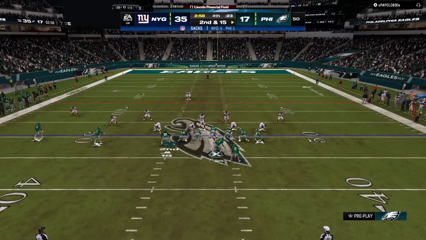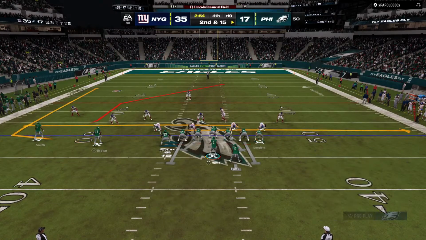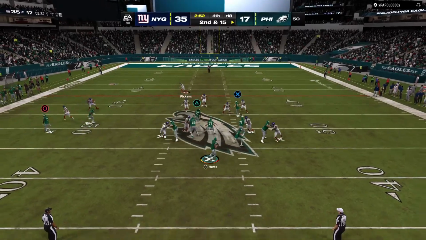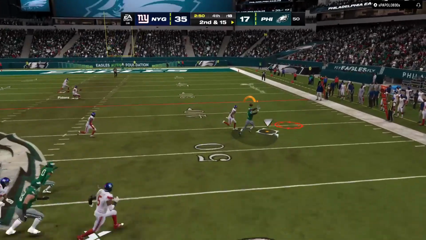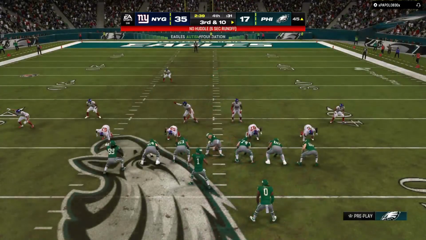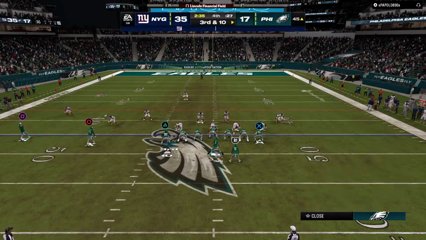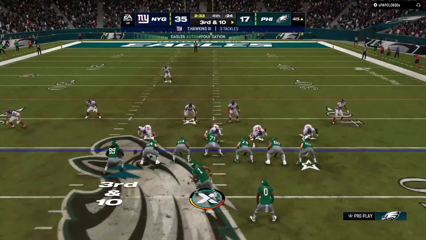Pass protection has been a problem all night long as they come up facing 2nd and a bundle. From the midfield stripe, they'll look to throw. It's a short one here, complete to the tight end. And they're going to speed things up here. That's a gain of 4. Brings up 3rd and